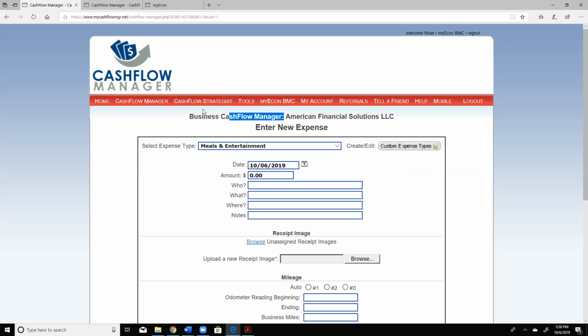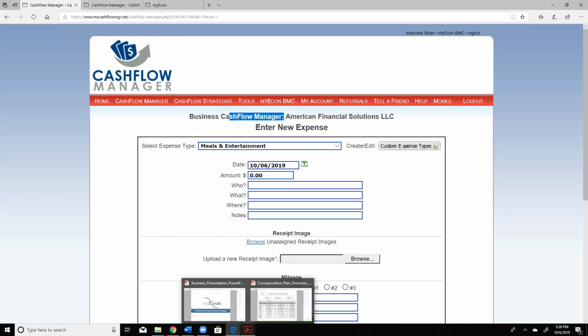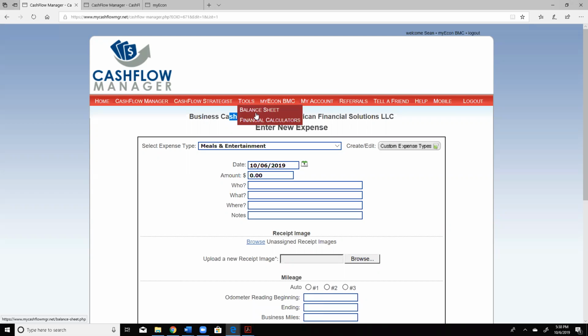And then the last one, number 3, is practice. And how do you get practice in? Well, number 1, practice using the cash flow manager. And obviously, once you use this thing about 4 or 5 times, it's a piece of cake, okay? And then you want to practice